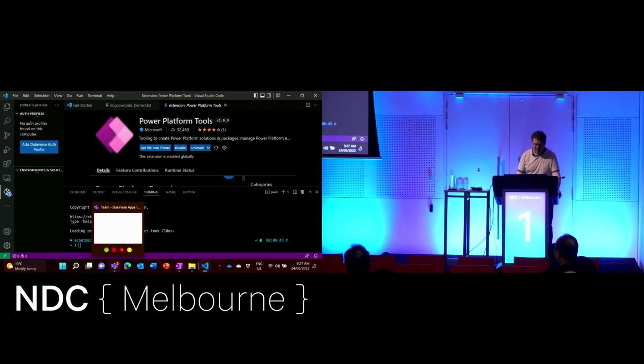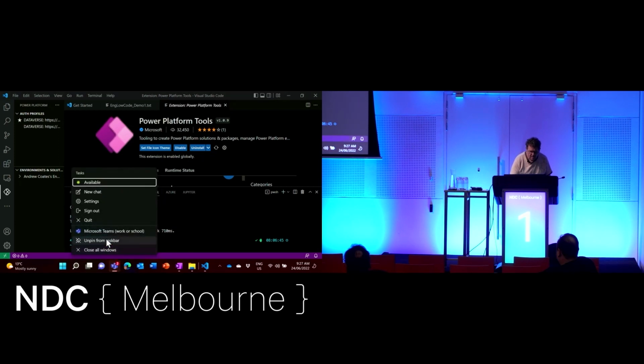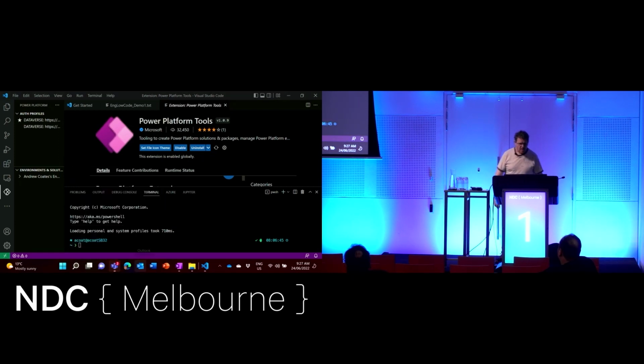The first thing it does is it allows me to connect to a number of different Power Platform tenants or organizations. We should probably quit that, shouldn't we? Should have done that earlier. Excellent. And you can see up here I've got different authorization profiles. The first one is my test environment, and the second one is my Microsoft environment. I'm not going to connect to the Microsoft one because, A, I have many environments in there, so it takes a long time to load, and B, who knows what's in there, so let's leave that alone.